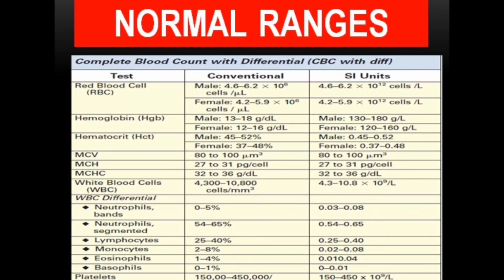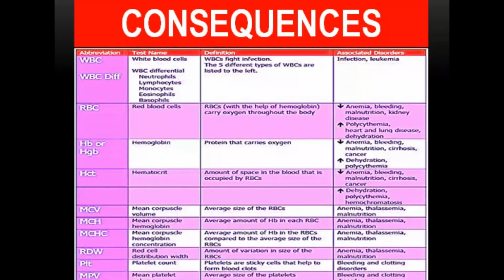What are the interpretation or consequence? There are three options. The first option is that the result lies in the normal position. The second option is that any cell count may increase from its normal limit, and the third option is that any cell count may decrease below the normal limit. So depending upon the type of cell, we have certain types of disorders which can be easily ruled out by using this type of test. The disorder related to WBC will be discussed in the differential leukocyte count.